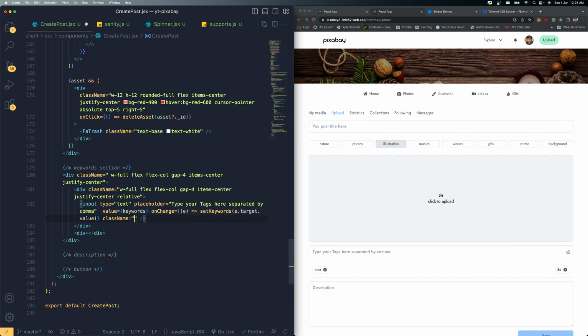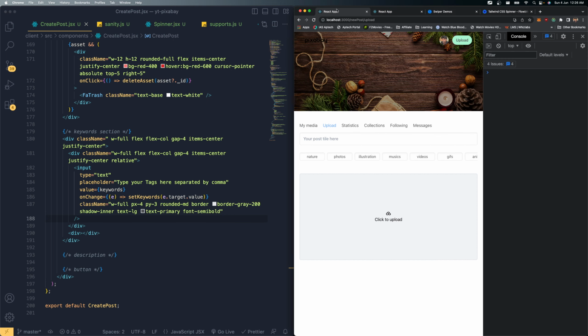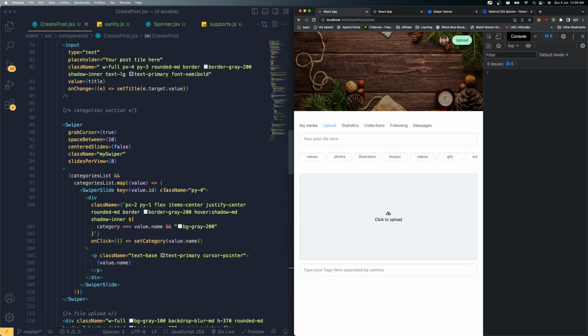Class name. So let me copy that styles completely and paste it over here. Save these changes and let's see how it looks like. All right, it looks like this. Good. Then what we need to do is bring one more option, which is going to be,